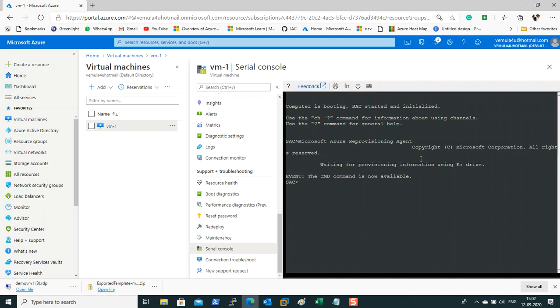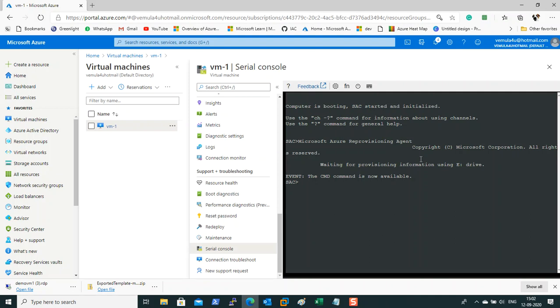Using this SAC prompt, you can connect to the command prompt of the operating system. The way it works is you create a command prompt channel first, connect to that channel using your local administrator credentials, and then run whatever commands you need.